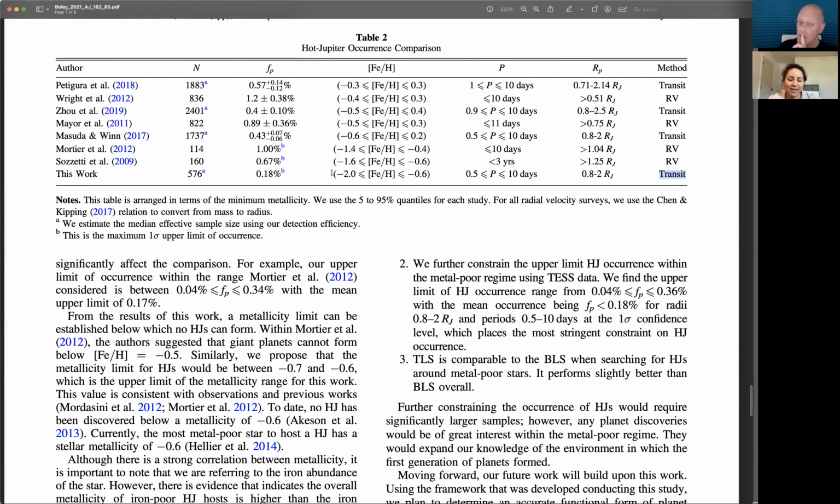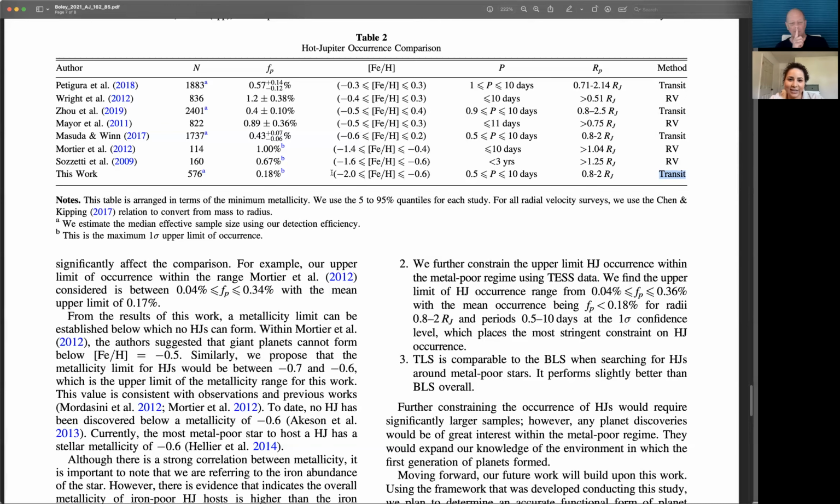And so this is really exciting because we were able to do this using the transit method, and there's been a bit of contention about the transit method versus RV just because of the selection biases and whatnot. But here it seems to be in line with what you would expect, particularly given that we ended up doing something very similar to these previous works that we can directly compare to. And here the effective sample size is the main driver of having a better upper limit for your occurrence rate, along with the detection efficiency, of course. But our effective sample size falls out of all of those things that we take into account. Equation 6.